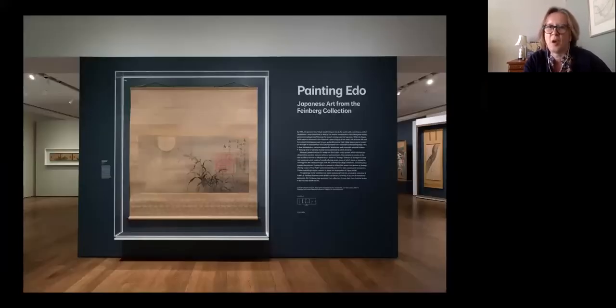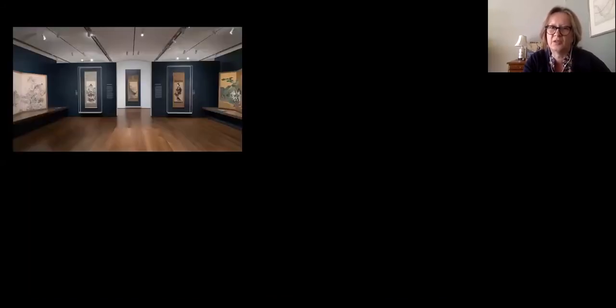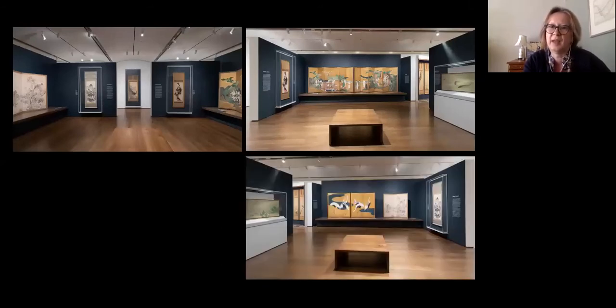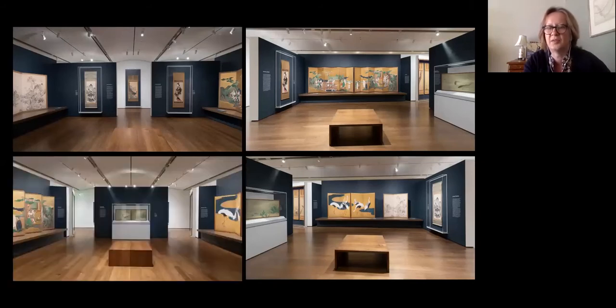Now, Painting Edo is an exhibition that provides a way to move through a history of early modern Japanese art through compelling images that have caused global art historical disruptions during their history, and they continue to influence our image of Japan today. But what it really was for me was an opportunity to experience seeing a little bit differently through an immersive environment. So we tried to select works and design the show so that it would be as